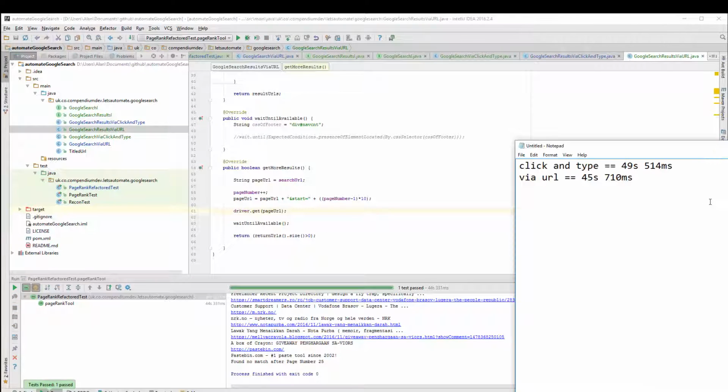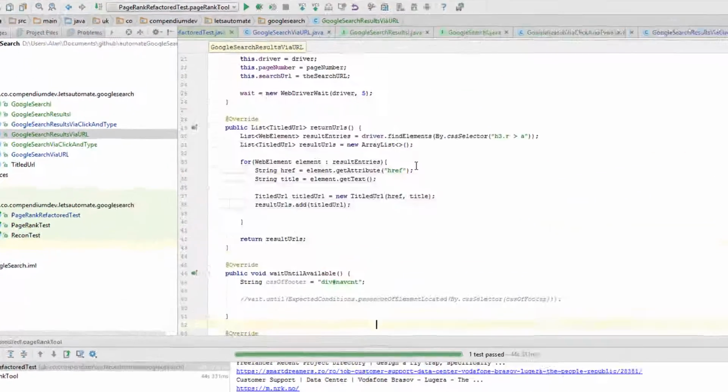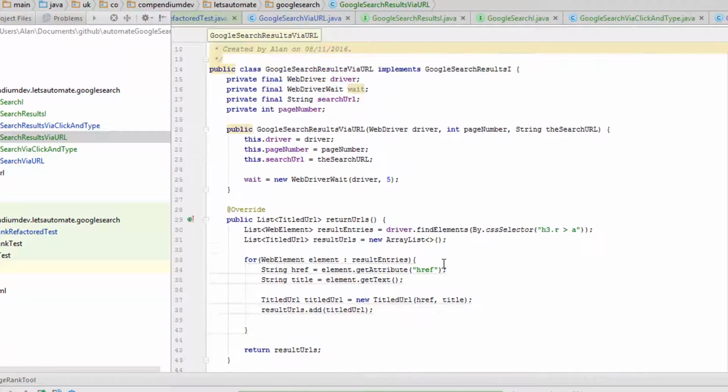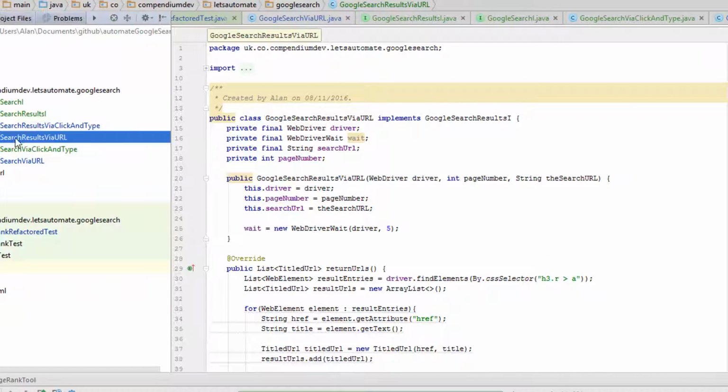My URL no sync, 44 seconds 331 milliseconds. Okay, so I'm just going to leave that in there. We don't have any synchronization, but that's fine. Now what I do have, if I do Google search results via URL, Google search results via click and type, and compare those,